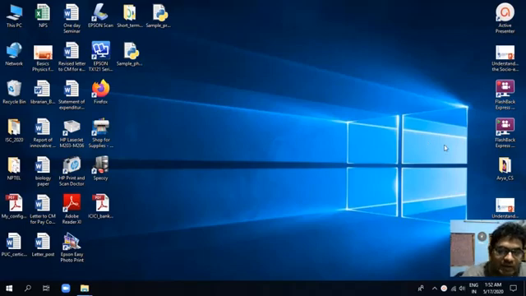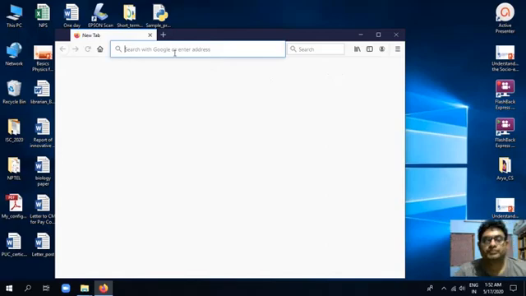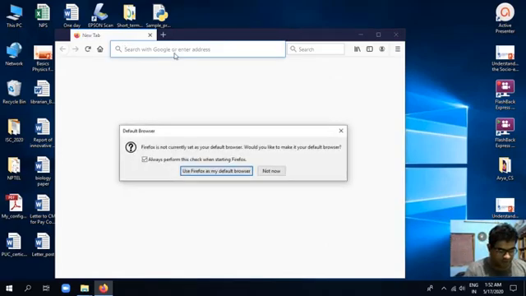And in the second part of this course, we will learn how to install NumPy, SciPy and Matplotlib with Python 3 on Windows. So, first of all, we go to the browser. There we type Google.